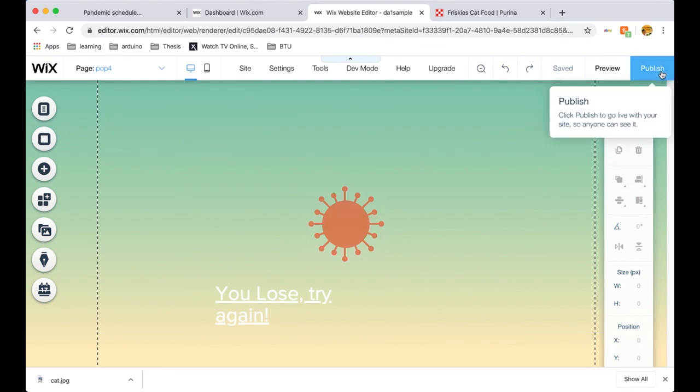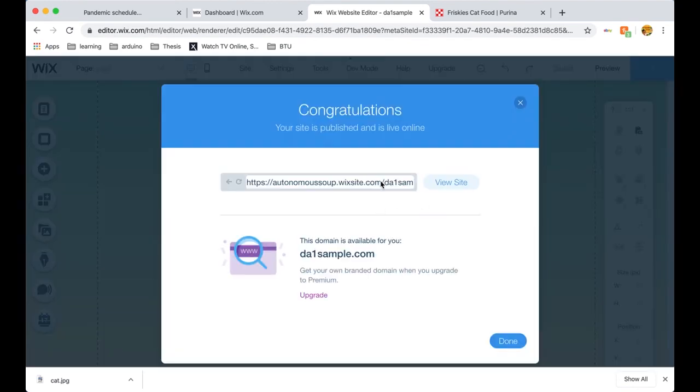When you're all done with this, you can hit publish. Then you'll get your website address here, so you can copy this website address if you need it. View site,